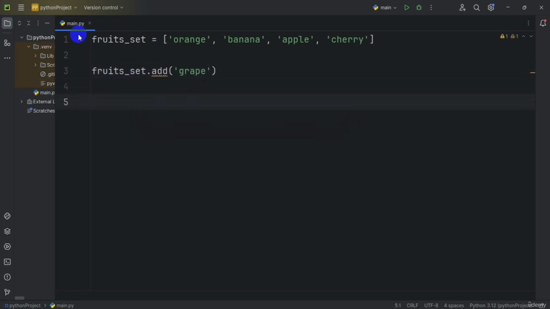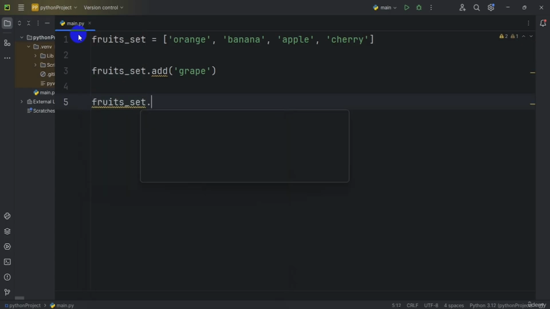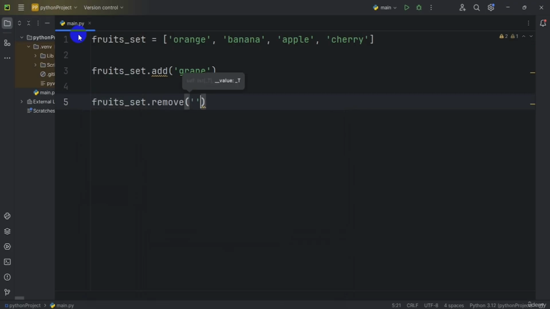Okay, so first of all type the fruit state and dot remove, and inside remove the fruit "banana". Okay, so now it's perfectly created, and then I'm going to the next line, and now here I create the display